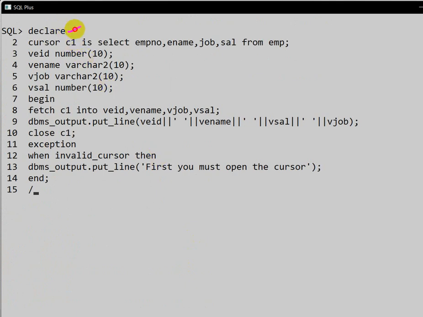Here what is happening, let us understand. First is declaring the cursor: cursor C1 is select employee number, employee name, job, salary from EMP. We are storing that value in cursor C1. Now we are defining the variables: employee ID, employee name, job, salary. This is the declaration block. Now starting the execution block: we fetch cursor C1 data into these variables and print here.